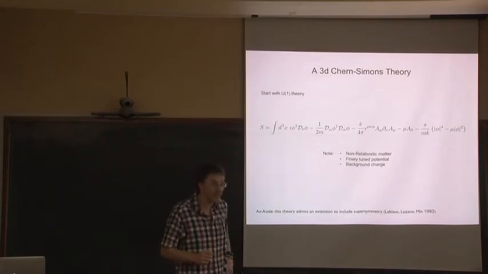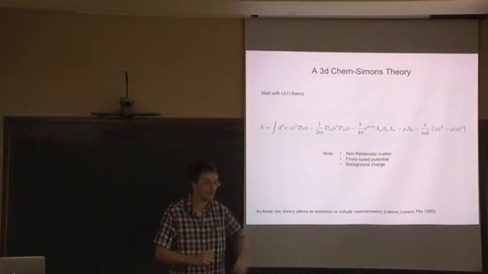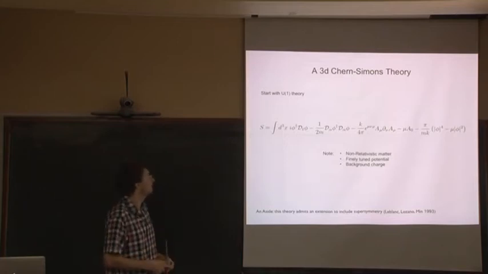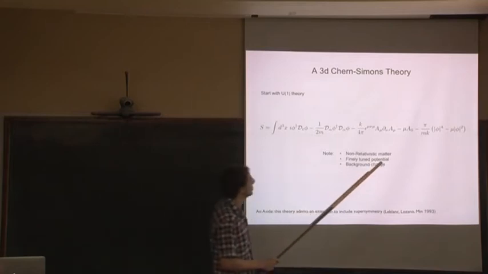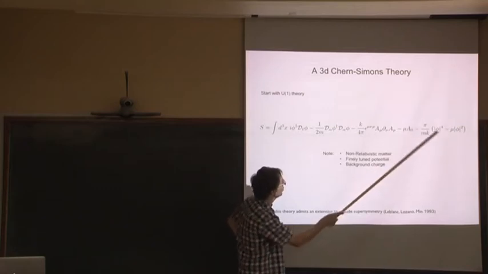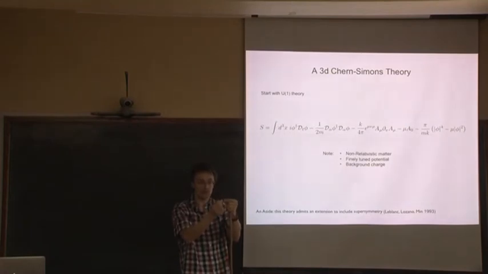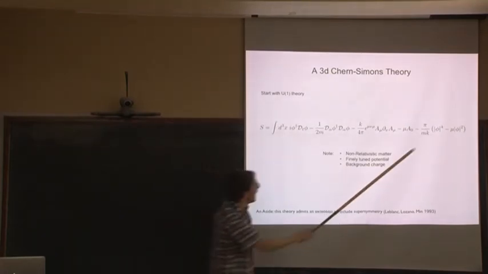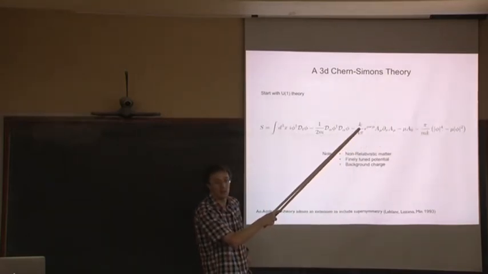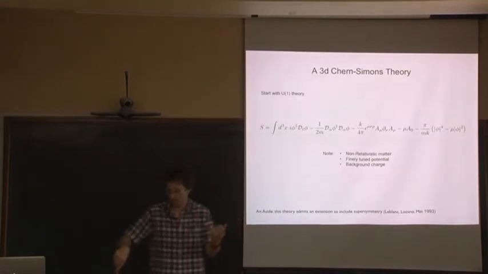Well, U(1) is the gauged object, but yes, if you fix the number of particles, they change. It's just non-relativistic anyons interacting with the Chern-Simons field. The thing that's slightly unusual is, okay, so there are some interaction terms. I'll talk about mu shortly. The phi to the 4 interaction term is just a pointwise interaction between these objects in a non-relativistic setting. But I haven't put a general coefficient here. I've tuned this coefficient to be related to this coefficient. So that's slightly odd from just writing down an effective field theory.